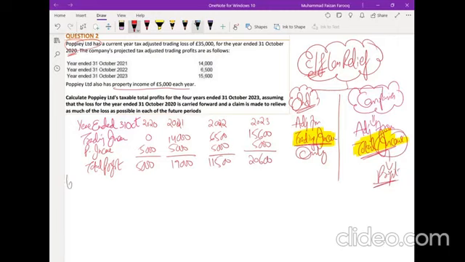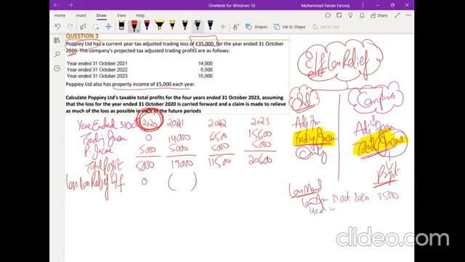From the total, I will adjust loss relief, and this is known as carry forward. Carry forward from the previous year means brought forward to the next year. The loss arises here, no? This is the year of loss, so the next year is this one. How much is your loss? 35,000. You remember the loss memorandum? 35 was the loss. I am going to use it in the year ended 31st October 2021. How much can I use? 19,000.